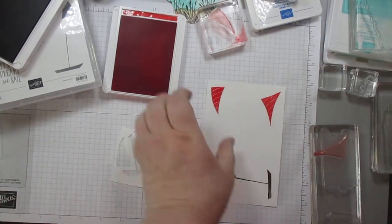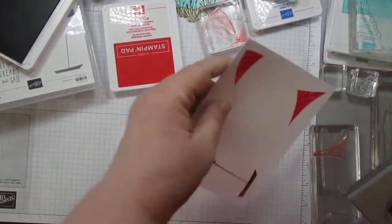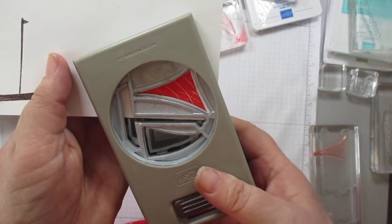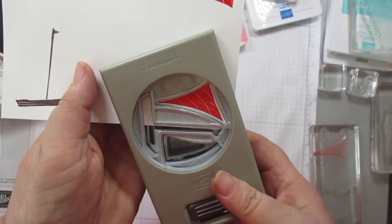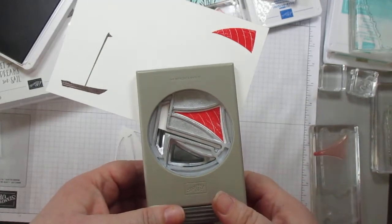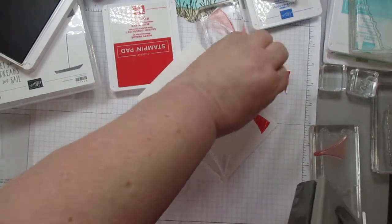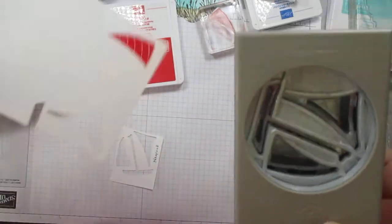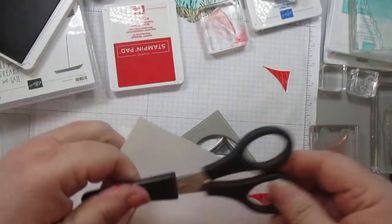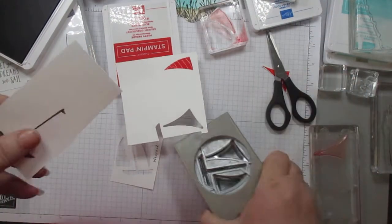All right, now let me close this up so I don't get anything in there. Okay, I need to put this in. And the reason I wanted to see which direction it was going was so that I could put my sailboat in the correct direction and not have to do some shenanigans in order to cut that piece out. Okay, now this one I did wrong, so it's no big deal really. All I have to do is cut it out